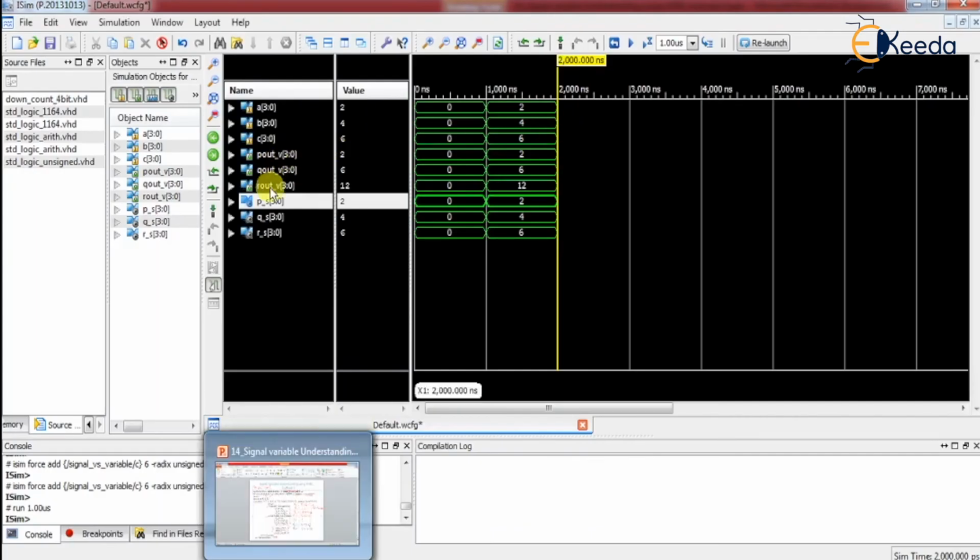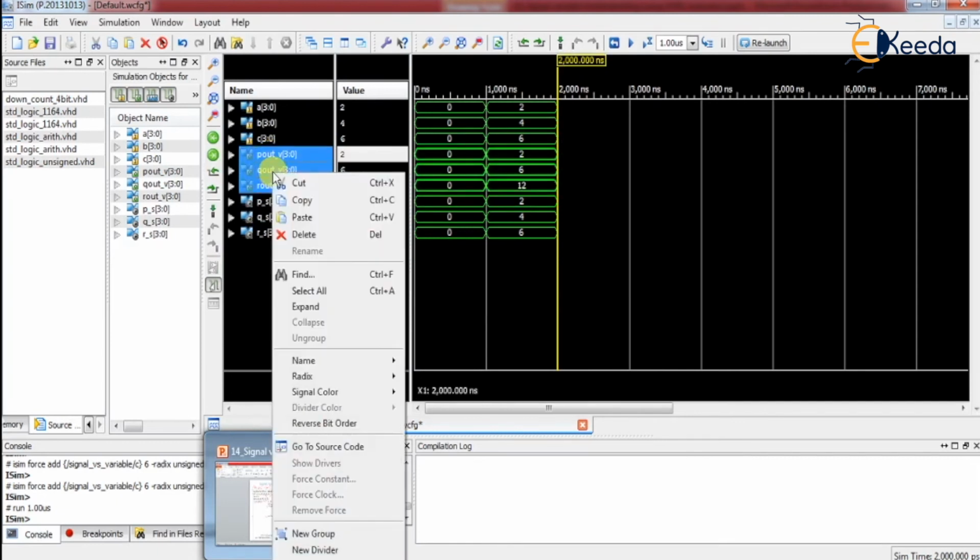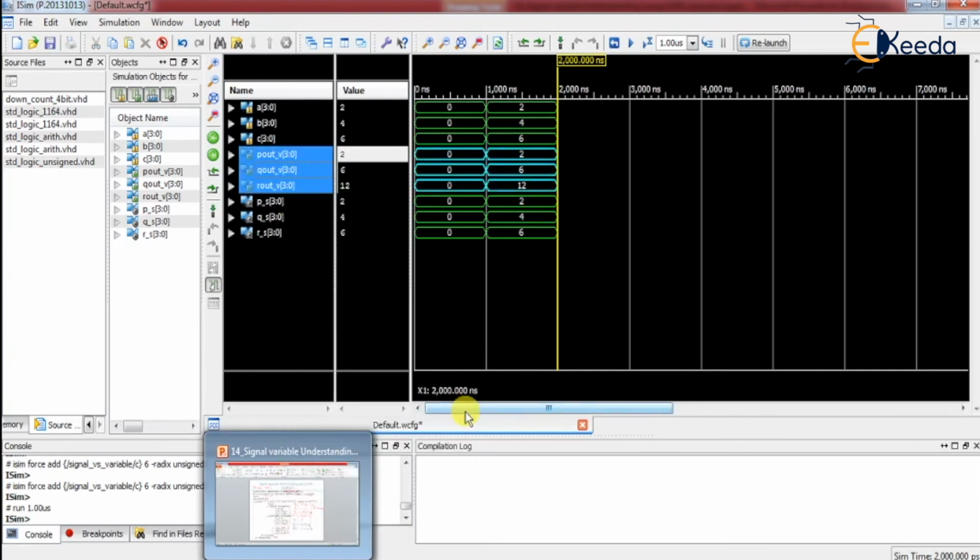That means the signal assignment took effect at the end of the process, and the variable assignment took place immediately. I'm just changing the signal color to something else.